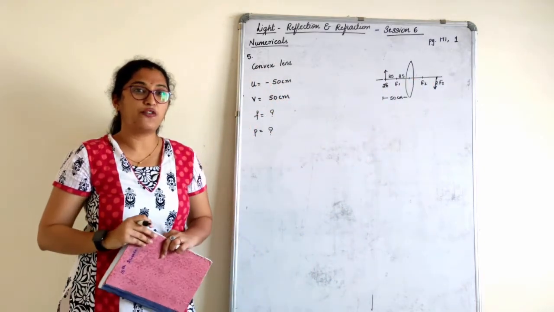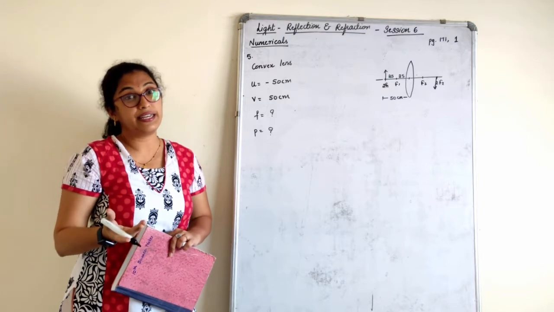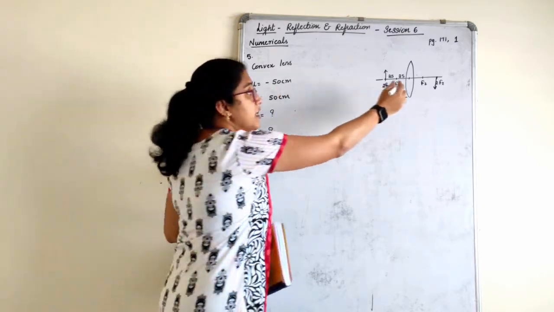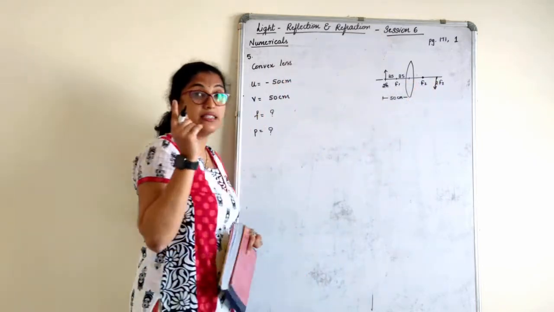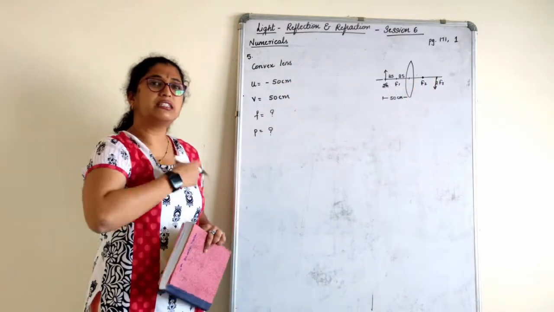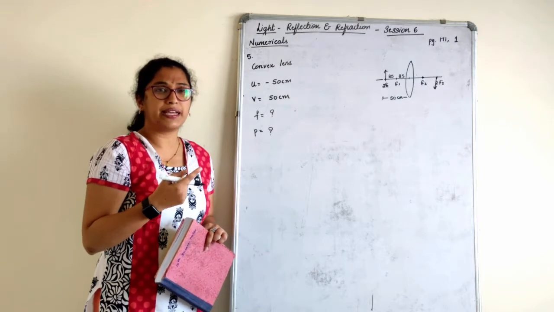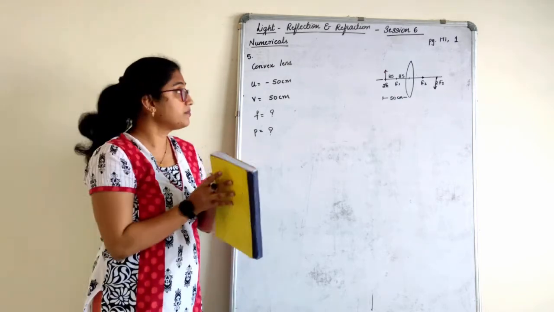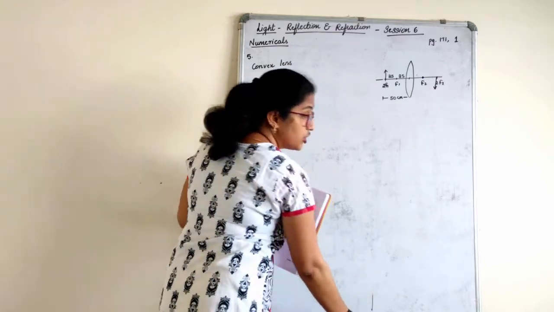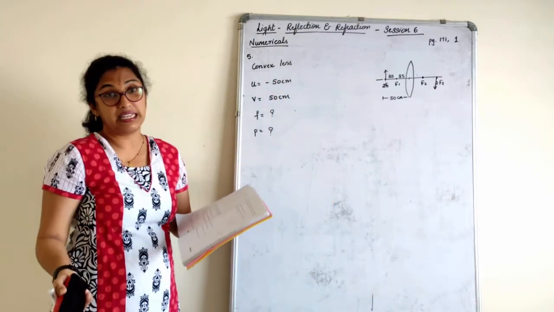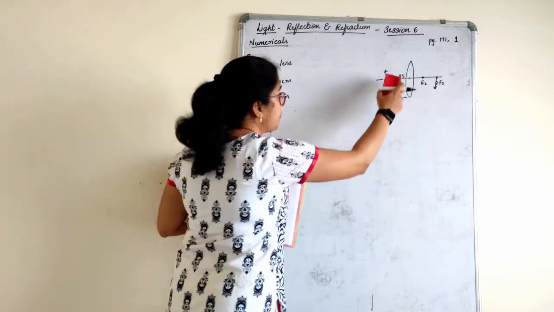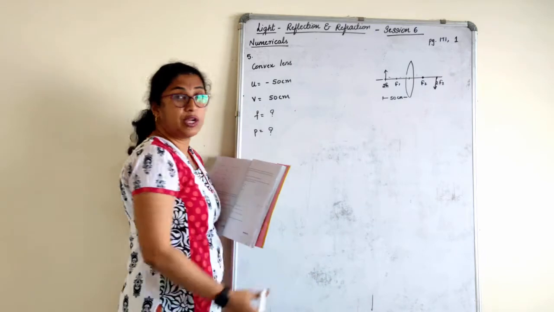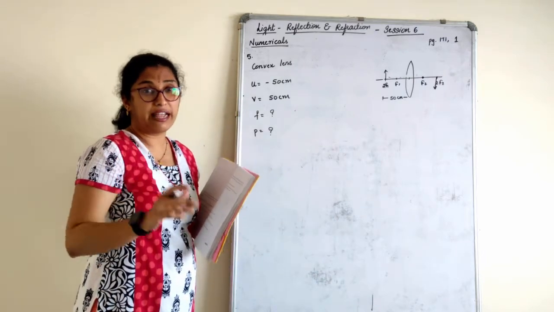Can you tell me what is the focal length? Focal length is 25 centimeter. Plus or minus? It is a convex lens, so this focus is used. It is plus 25. So this is how you can also do it orally sometimes, if you know where the object is kept. Only in the given condition, when they say that it is the same size as the object, it will be easy for you. In case of an MCQ question, you can do it directly because nobody will check your calculations there.